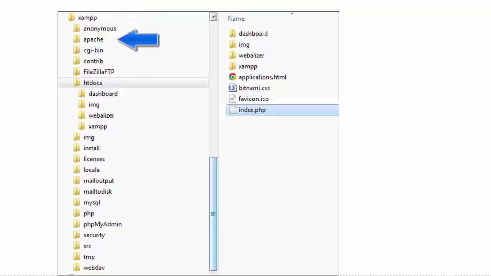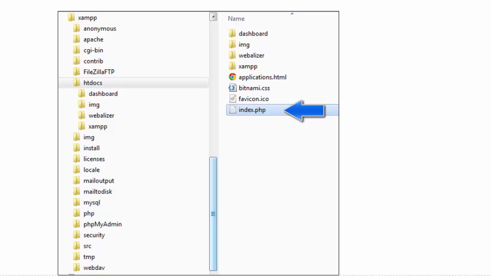In that folder, you will see an htdocs folder. That is your web root. That is where all your files go. And I suggest creating folders, maybe a folder for each class, in order to organize things. Notice that there is a default file already there,